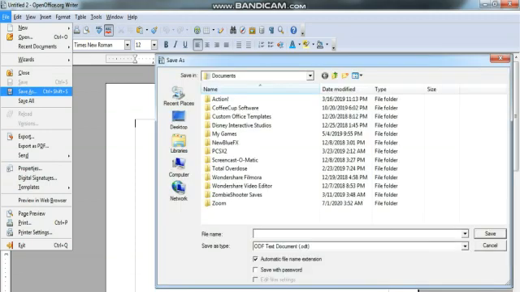Let us see the picture. Go to the file menu and select the save option. The Save As dialog box opens. Then you have to select the location in the Save In text box. In the Save In portion you select the location. Then near the file name you type the name of the file, letter. Then click what option? Save. You just click the save button.